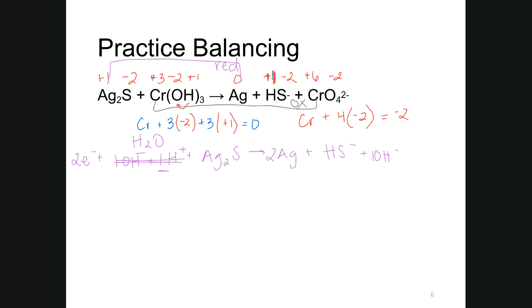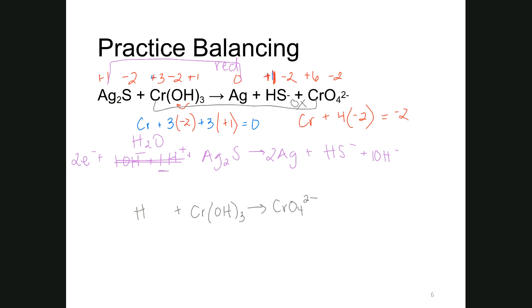So now we're going to look at our oxidized. For our oxidized, we have the chromium hydroxide turning into chromate. Again, start by balancing anything other than hydrogen or oxygen. Chromium in this case is balanced, so we're good to go there. Then we balance our oxygens by adding waters. On the left side, I have 3 oxygens. On the right side, I have 4 oxygens. So I need to add 1 water